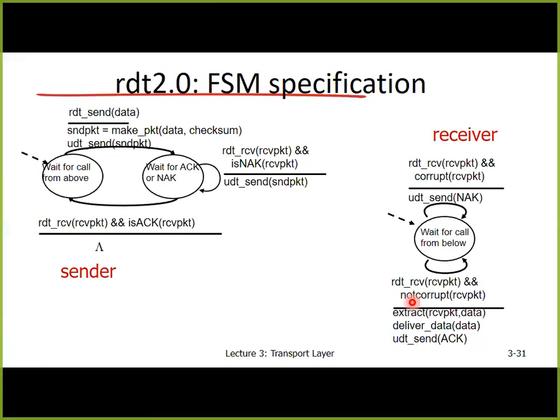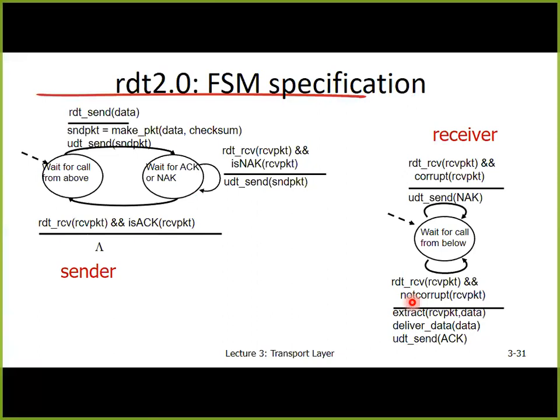Okay? If we get a negative acknowledgement, what should we do? We retransmit the data. Okay? So if we receive a packet and it is a NAK, in other words, it's a negative acknowledgement, we retransmit the packet, same packet that we had just sent here. If on the other hand, we get the packet and it is an acknowledgement, then we do nothing. That's what the uppercase lambda is, and then we transition to the state where we're waiting to send data. Okay,